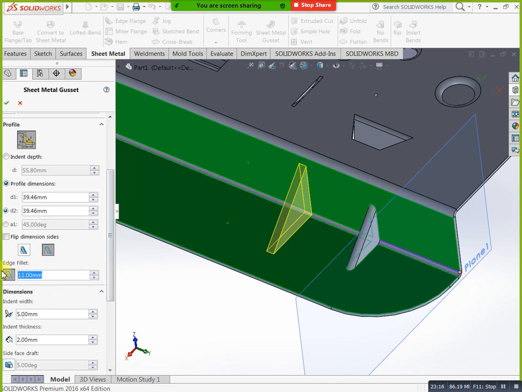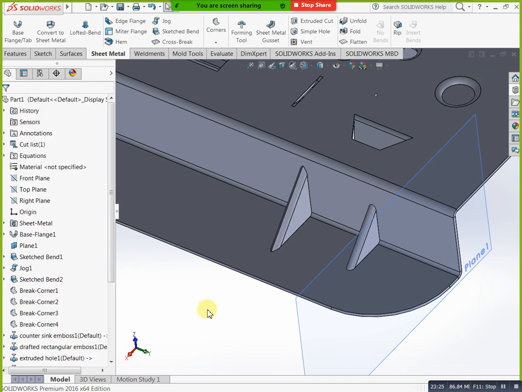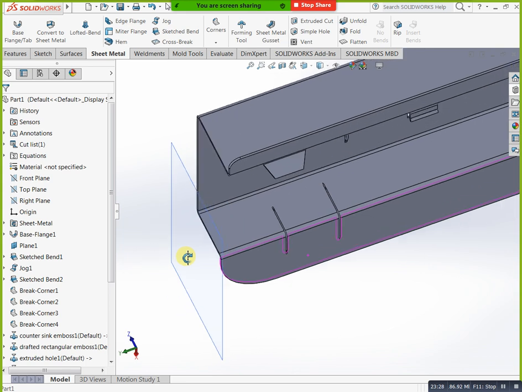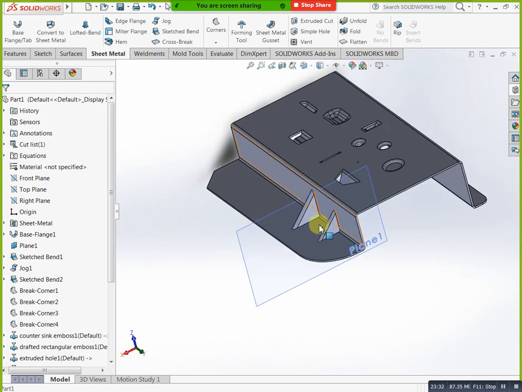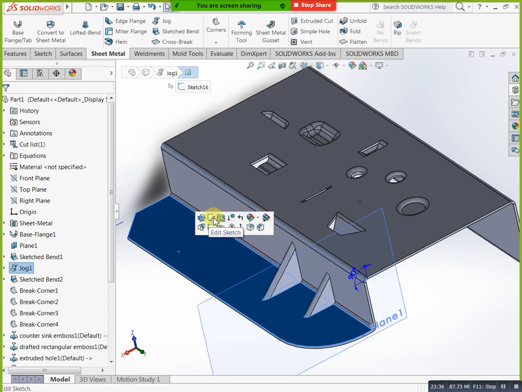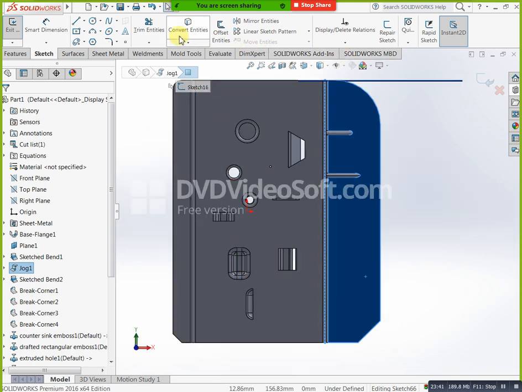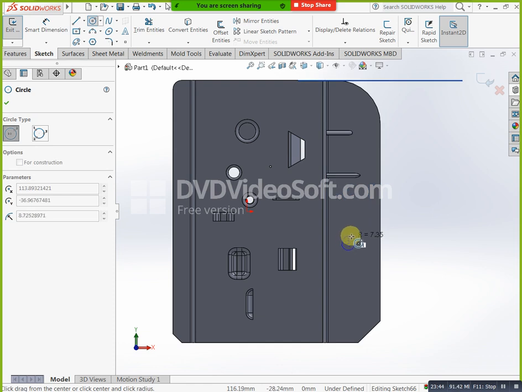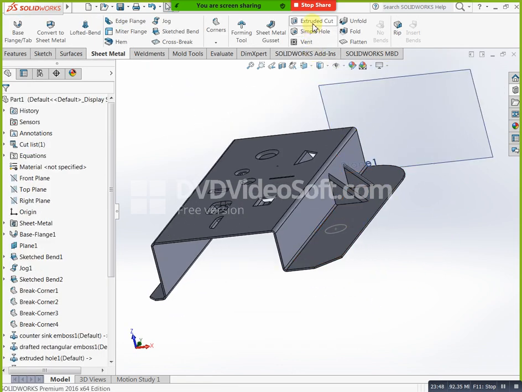Next, if you need extrude cut, just you can select, go to sketch, control 8. Okay, which type of shape you need. And you can cut this one. This is extrude cut. Holes purpose, you can create not only hole, any type of direct hole you can place it here. You can place how much you need hole. This is direct hole.